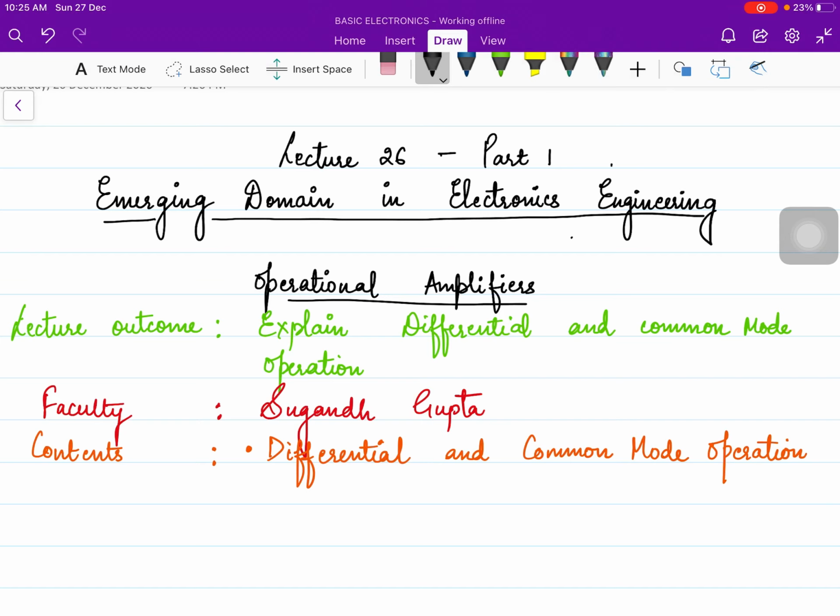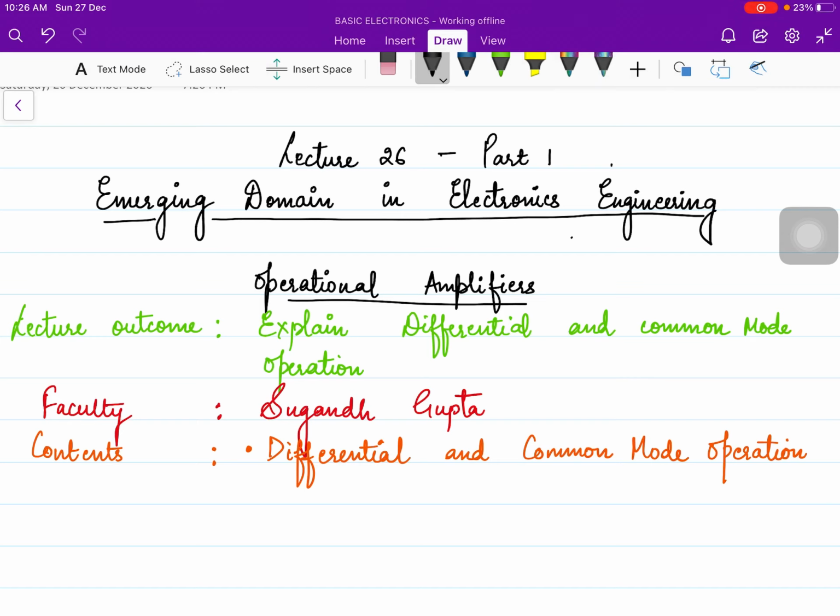When we start, first of all, we should recall that an op-amp is an amplifier, and the function of an amplifier is to increase the strength of the input signal. We are here giving an AC signal, so it will have both components, the differential component and the common component.